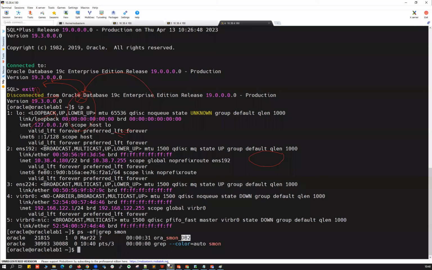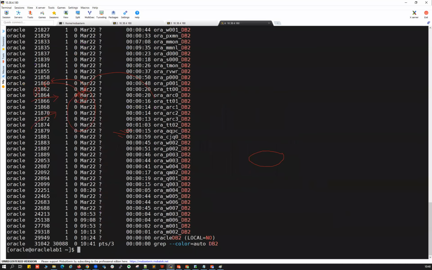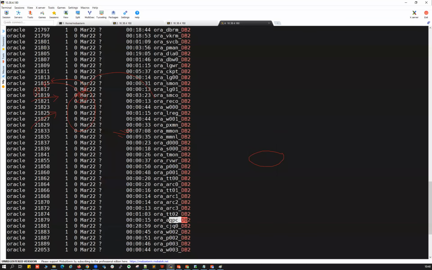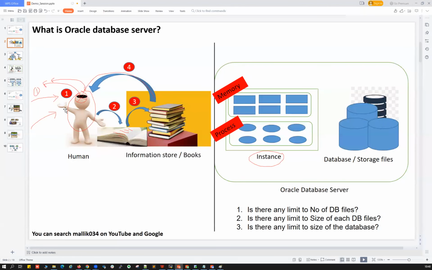Whatever you're seeing here when I do ps -ef | grep db2 are the background processes: SMON, PMON, DB writer, log writer, checkpoint. They are like a pair of hands. Similarly, this instance has background processes.